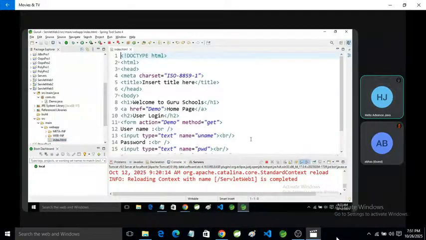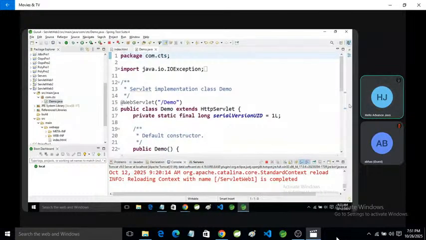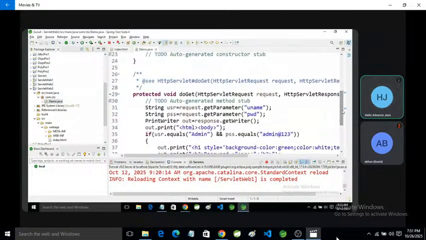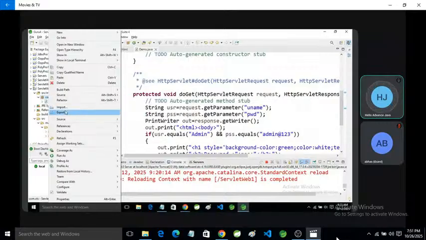We can send these values from the front end. After that, here we can save the value from the front end. So for this purpose, I'm going to change the package name to controller.